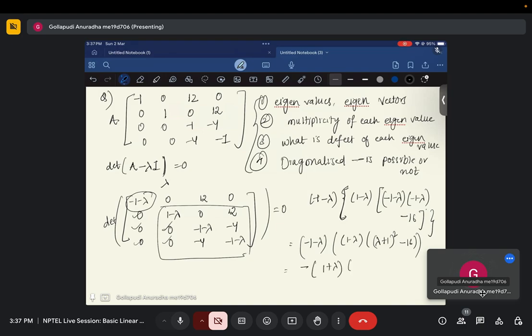Plus lambda, 1 minus lambda, and this can be written as lambda plus 1